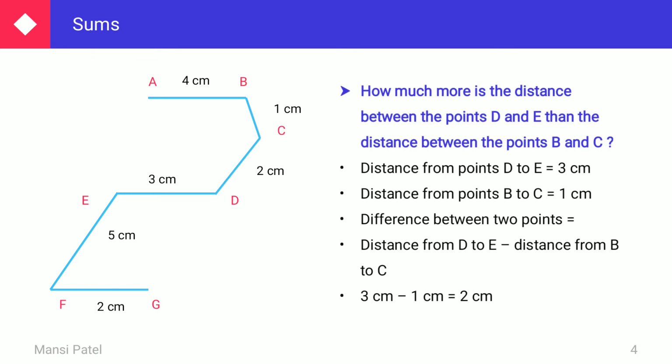So here we can say which one is the biggest? Point D to E is the biggest. And by how much is it biggest? Whenever they are asking by how much, at that time you have to give the answer in numerical. So we can say that point D to E is the longest distance by 2 centimeter, and this we have to compare with the point B to C. Now let us see another one.